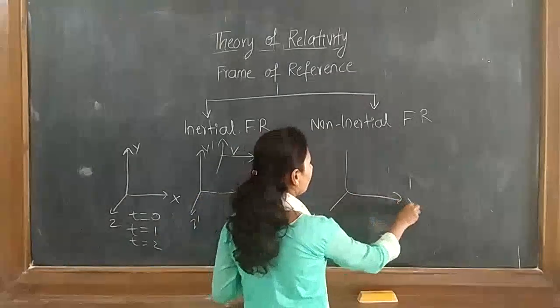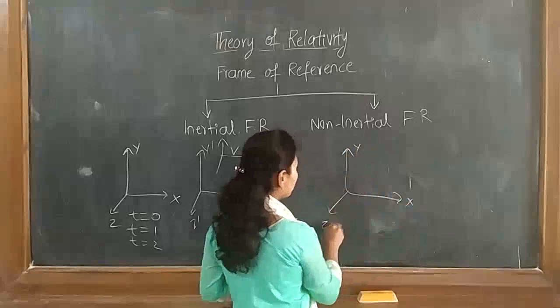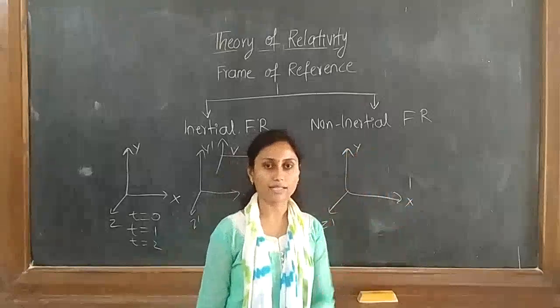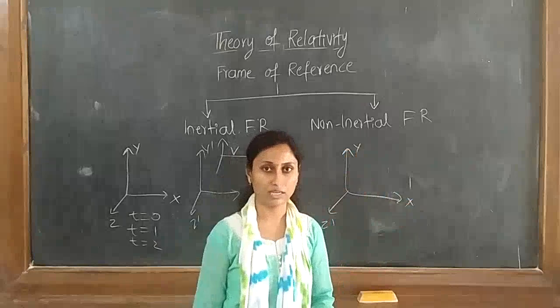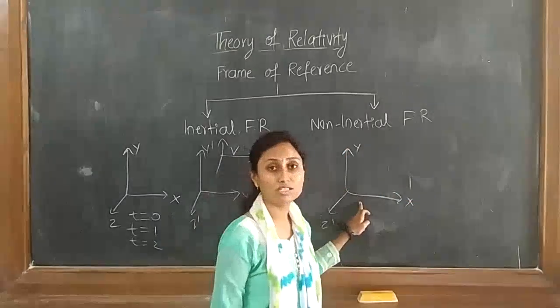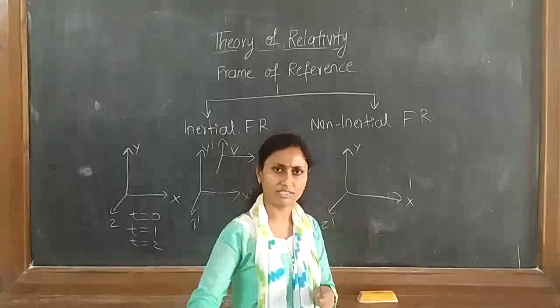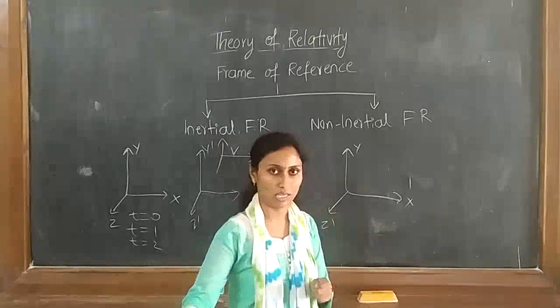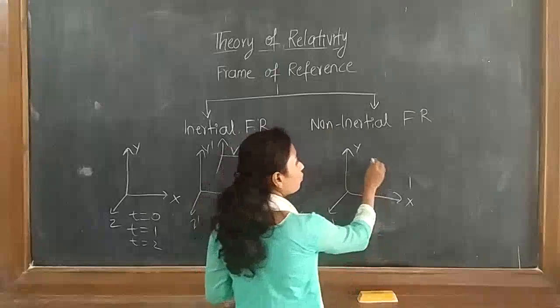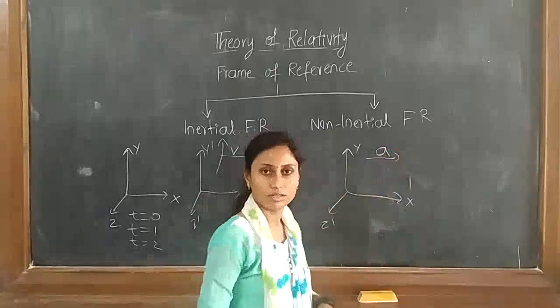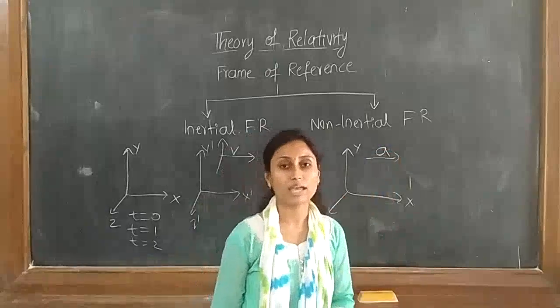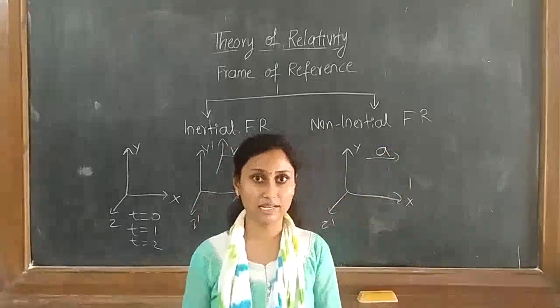Then what will be the example? Suppose one frame is there, x, y, z, which is moving. As it is moving, it has a velocity. But this frame is not moving with a uniform velocity. At every second it is changing its velocity. Can we say it is moving with an acceleration? Is it having the acceleration? So any frame which is having the acceleration